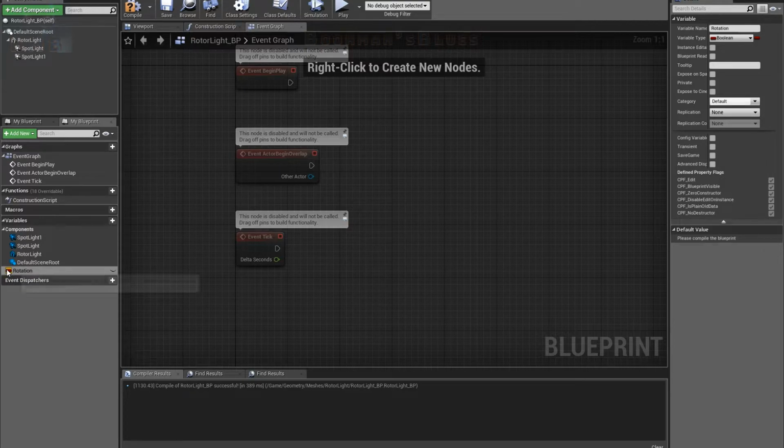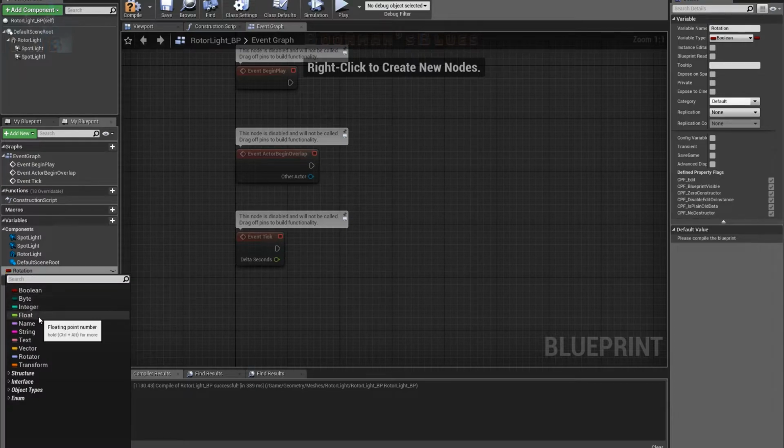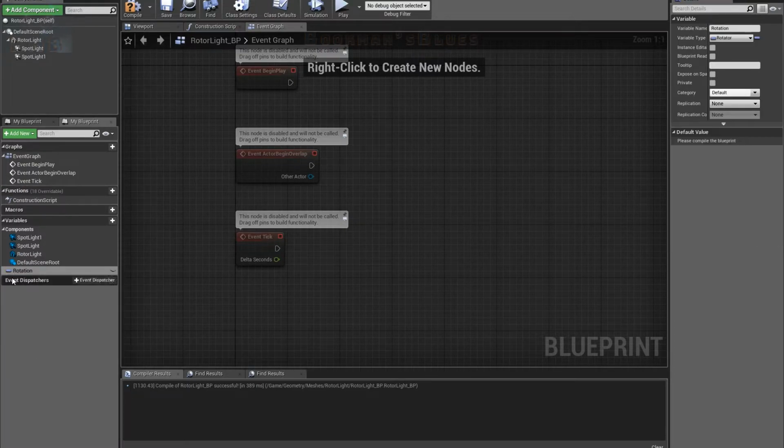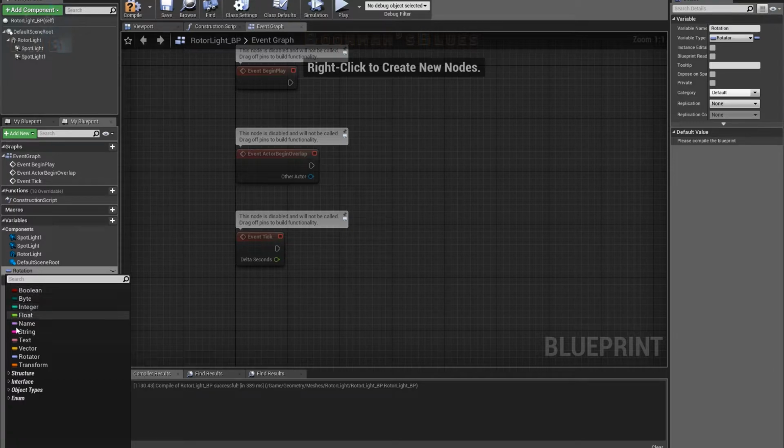But let's go ahead and click on the red little capsule icon next to the variable, and we're going to select rotator. Just to kind of go over here, these are the ones you're going to use the most. I typically use floats and integers a lot, Booleans obviously, rotators, transforms, and vectors, strings occasionally, getting names, and that kind of stuff. We'll be dealing with some of that as we go once we start talking about tags. But